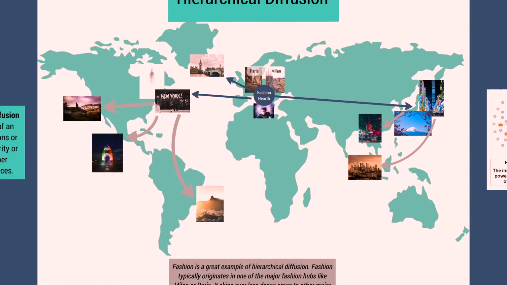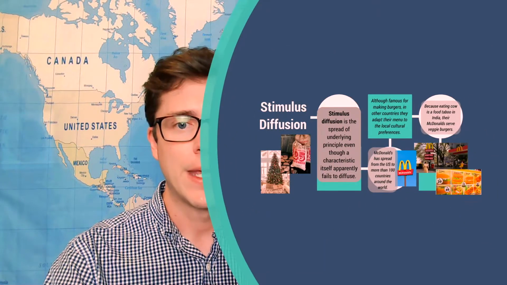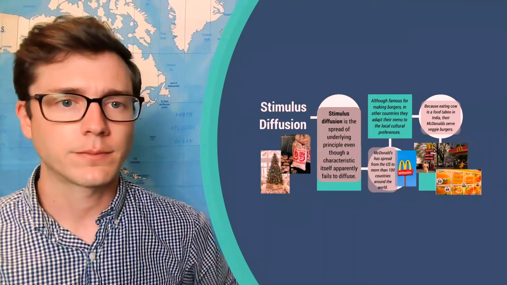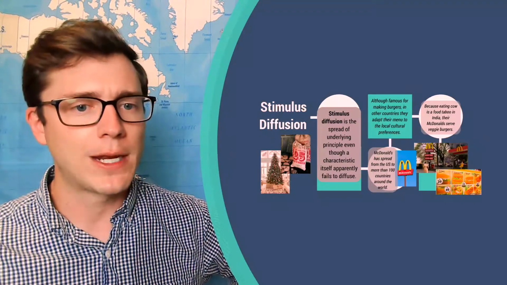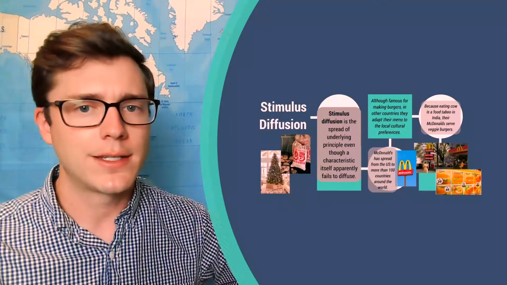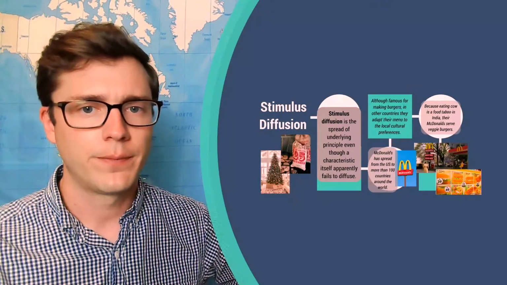This also works in government, with the different rankings of people. If a governor says something about public education, it then goes to the superintendents of the schools, who then disseminate it out to the principals, who then tell teachers. It skips over the people in between, and it goes straight to higher up people in the hierarchy. That is hierarchical diffusion. And then our last type of expansion diffusion is known as stimulus diffusion.